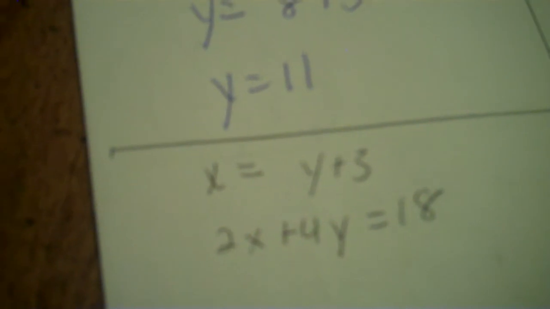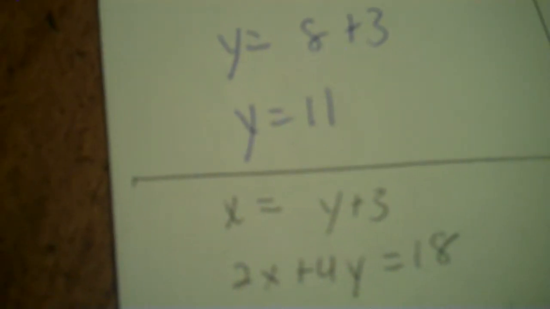Then our last problem. x equals y plus 3. 2x plus 4y equals 18. The letter we have by itself is x. That is the base. The other side is what it's equal to. So write the non-base. 2x plus 4y equals 18. Since x is the base, now the parentheses goes to the x. And we take the x out and replace it with y